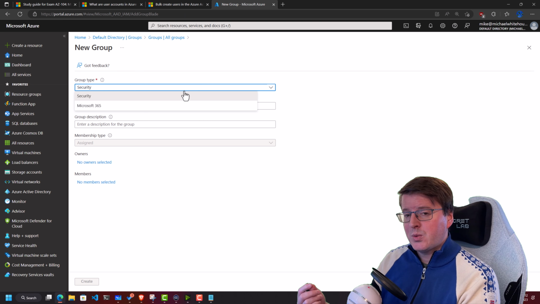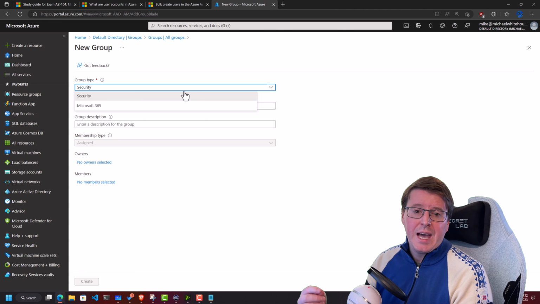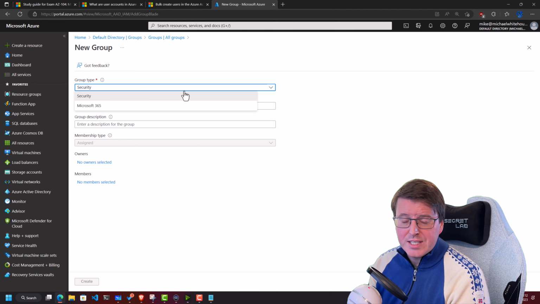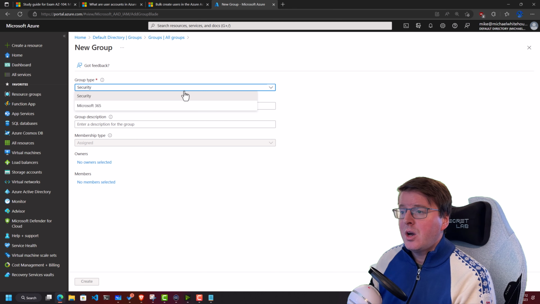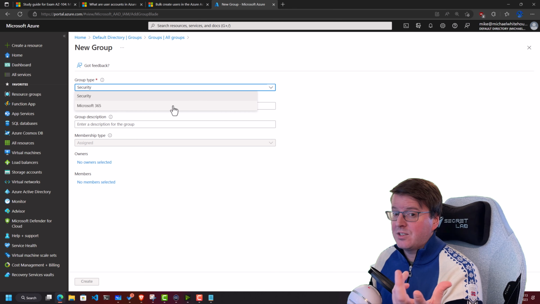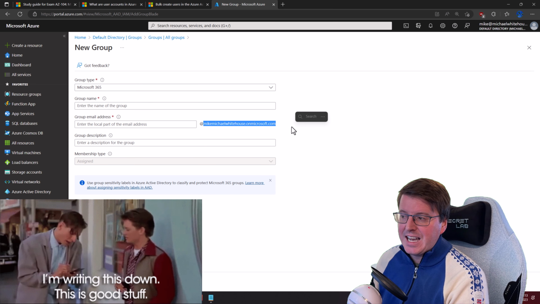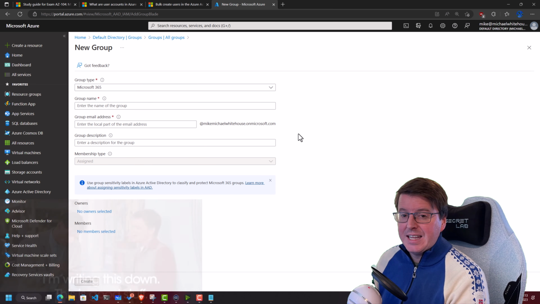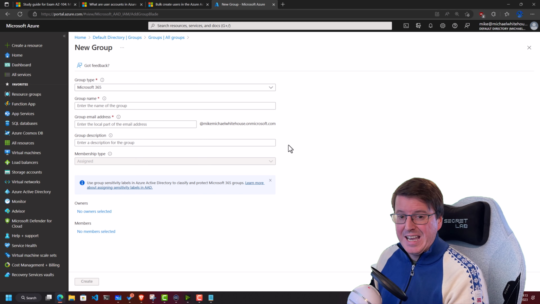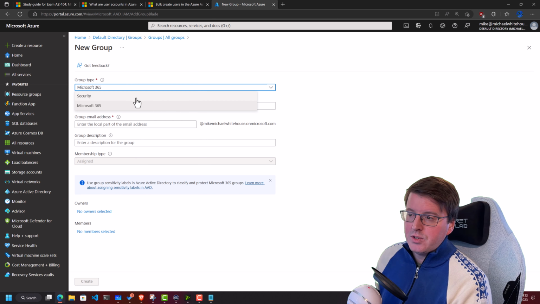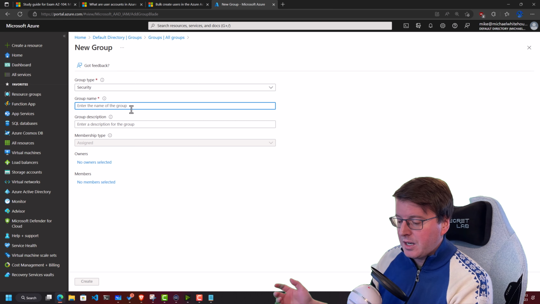The difference between these is that a security group can be used for access control lists and access to resources in Azure, whereas an Office 365 group, or sorry, a Microsoft 365 group, as they like to call it now, gets an email address attached to it, and this can be used for Teams or for shared mailboxes. So I'm going to create a standard security group here, and I'm going to name this group